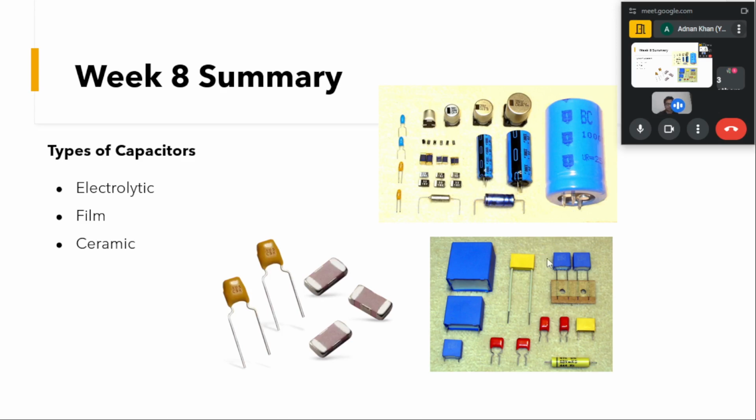And then there comes a film capacitor. If you can see here, these are film capacitors, and they are not polar capacitors. You can connect any of the terminals to the positive or the negative bus. And you can see that the ones shown here are through hole. They go through the hole, and then we solder them